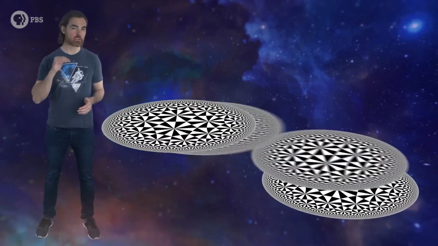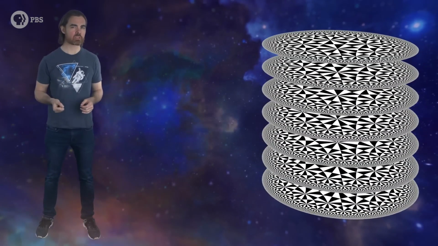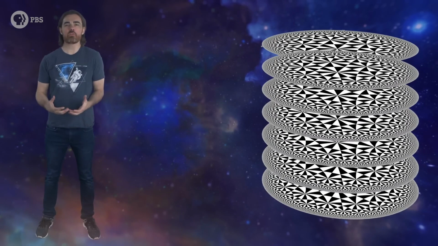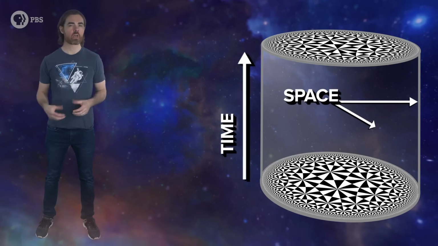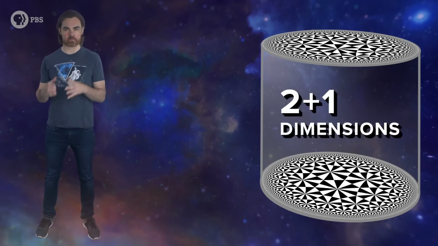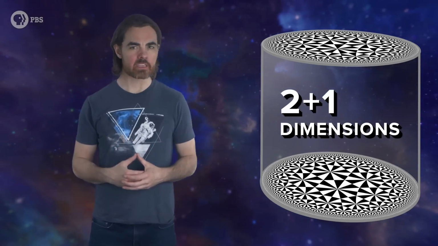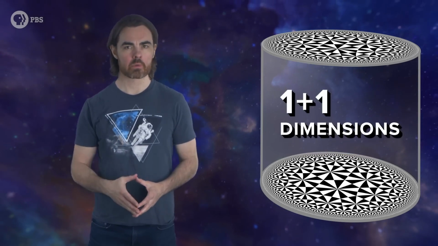In fact, let's add the dimension of time to our hyperbolic projection. Stack a bunch of Poincaré disks, each representing an instant in time. They give you a cylinder representing ADS spacetime with two spatial and one temporal dimensions. Let's call that 2 + 1 dimensions. On the other hand, the surface of the cylinder has only one dimension of space, the circumference, and the same one dimension of time, 1 + 1, right?